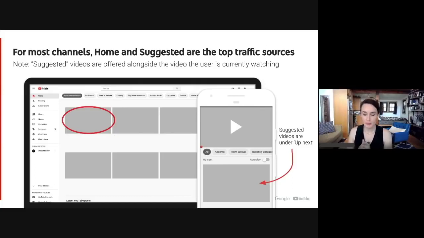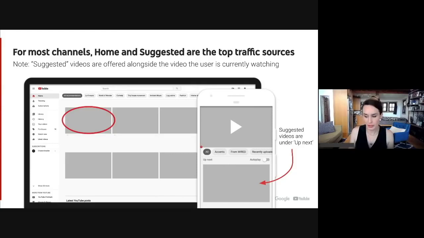or the videos beneath the one you're watching on mobile. Now, creators often refer to the algorithm. We actually have different systems depending on where viewers are watching videos on YouTube. Like the homepage offers up a broad array of videos when you visit youtube.com, and it uses similar signals as suggested, but they are designed to do slightly different things. So the algorithm is a bit of a misnomer because we actually have multiple systems that are designed to do different things, depending on if the viewer is on home, suggested, or search. But when I say recommendations, I'm talking about home and suggested.